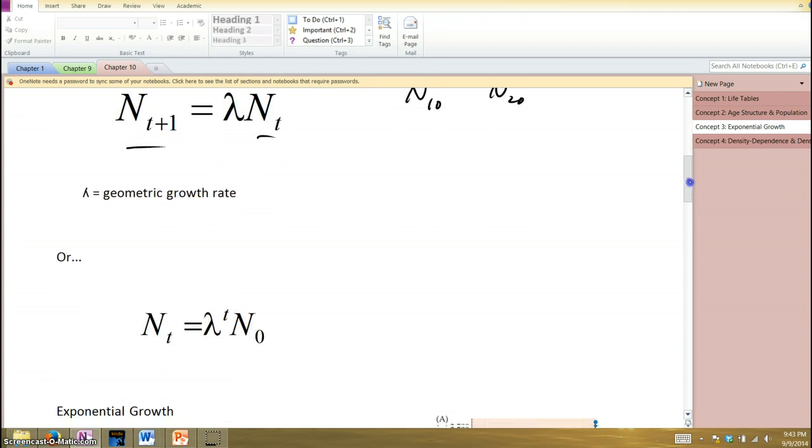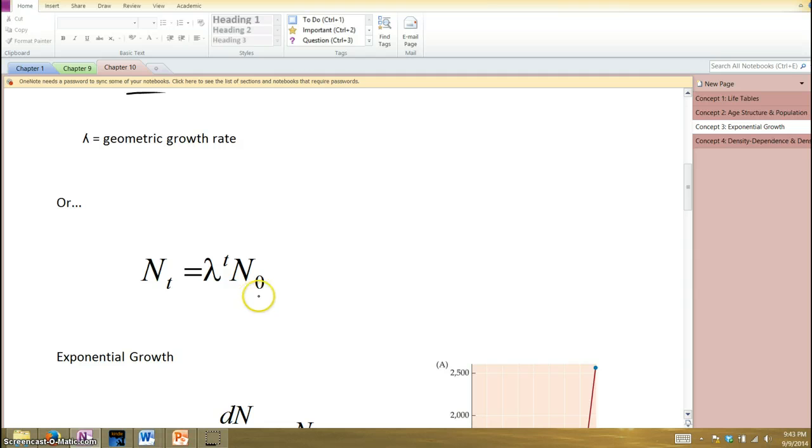And this is our formula. So here's our growth rate, number of individuals at time 0, times lambda raised to the power of t, whatever that year is in the future. So I'm almost out of time here, but try this calculation. Use these values to try to calculate the population